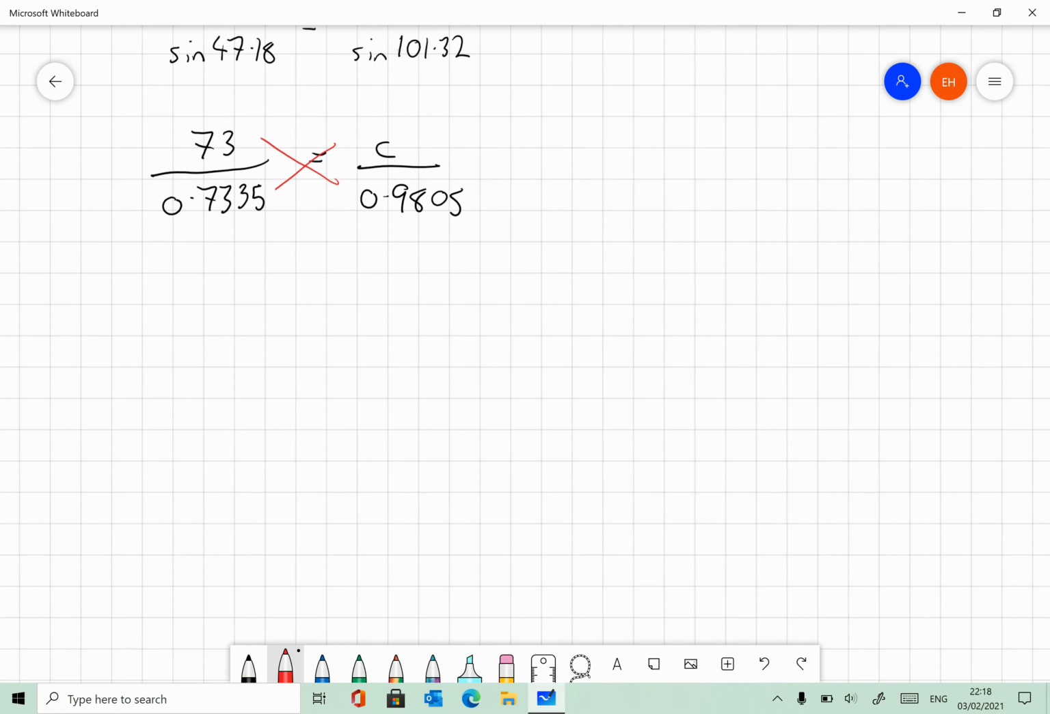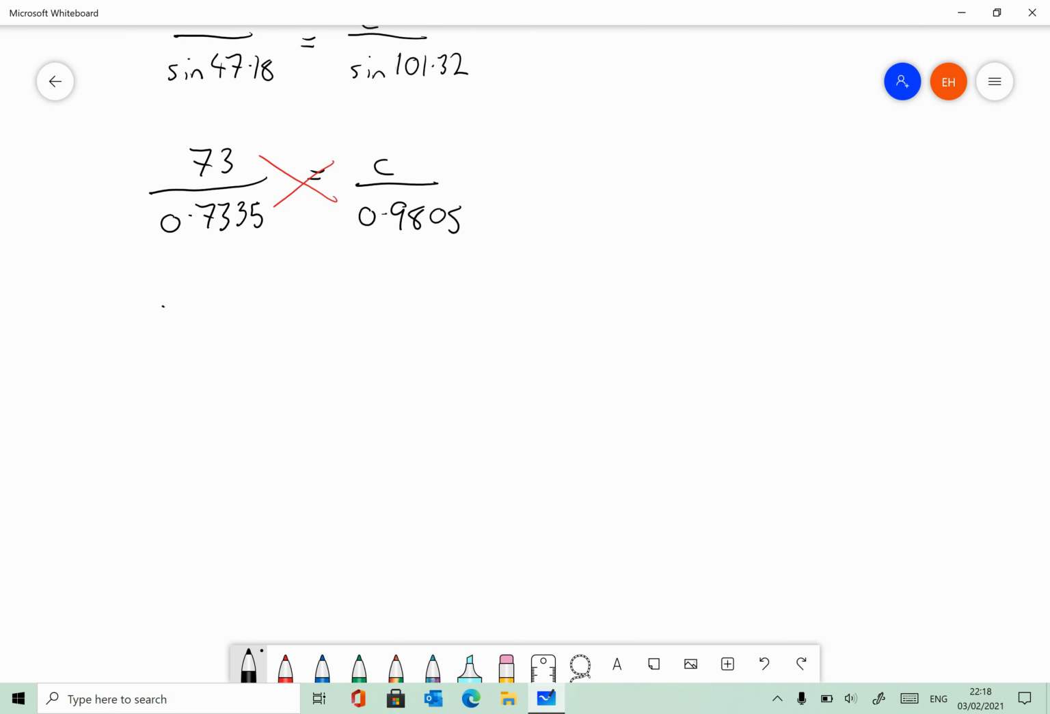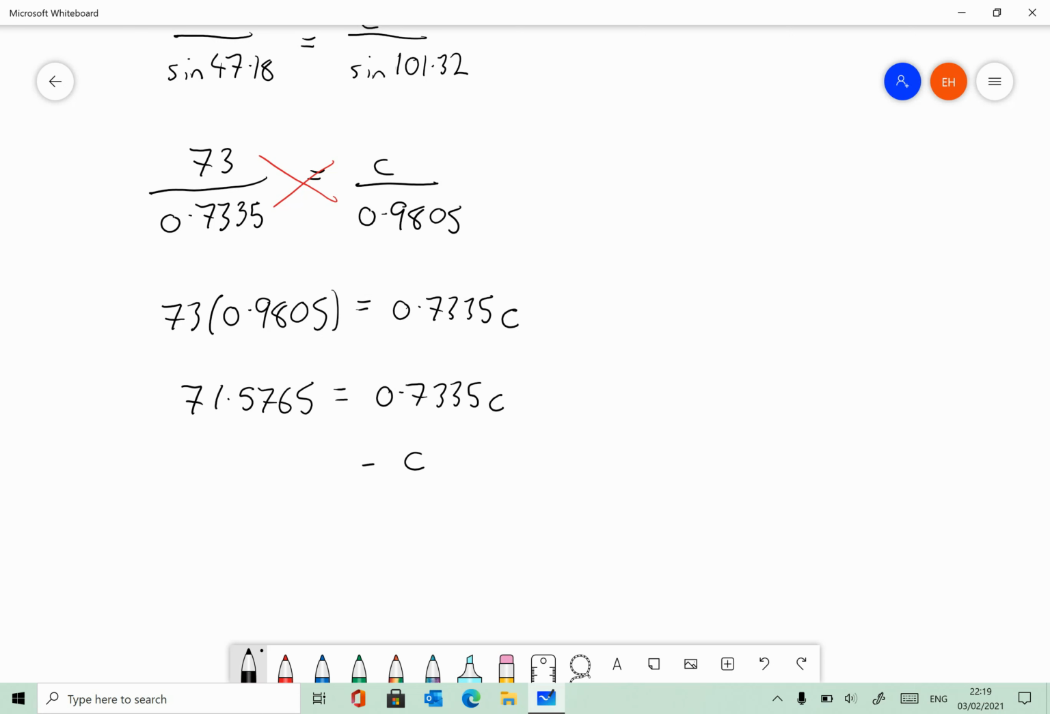I'm allowed to cross multiply. So that gives me 73 multiplied by 0.9805 is equal to 0.7335C. 73 multiplied by 0.9805 equals 71.5765 equals 0.7335C. So C must equal